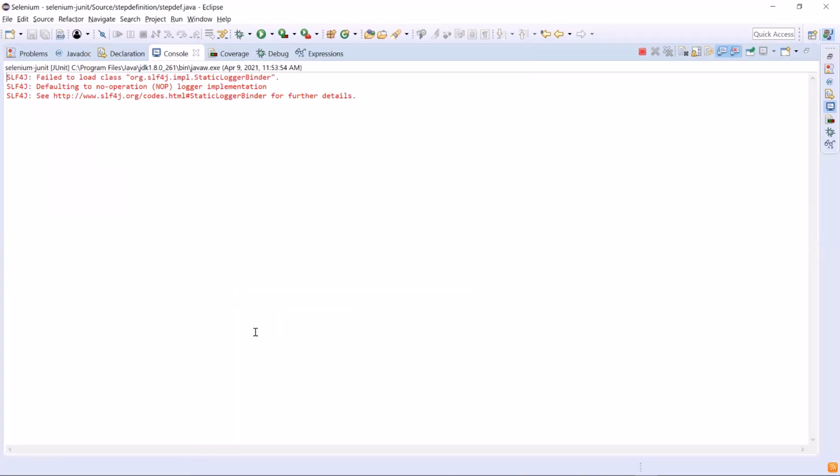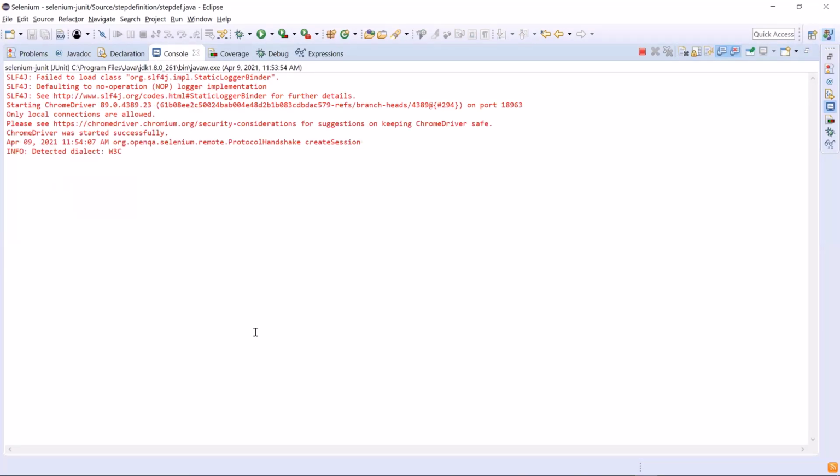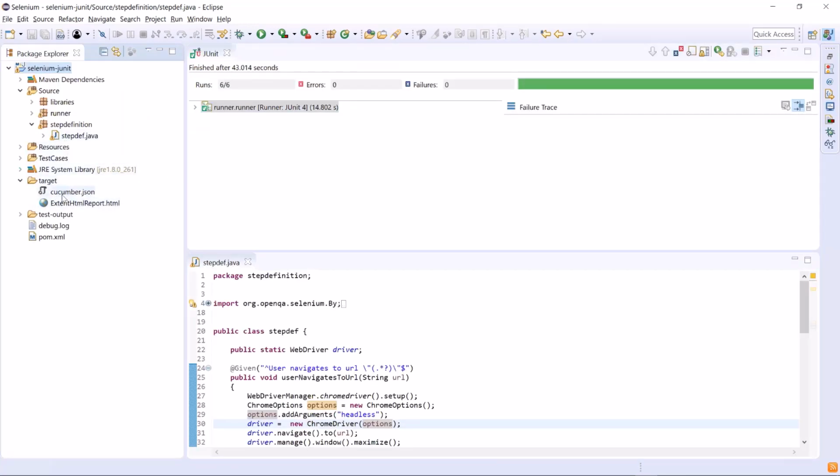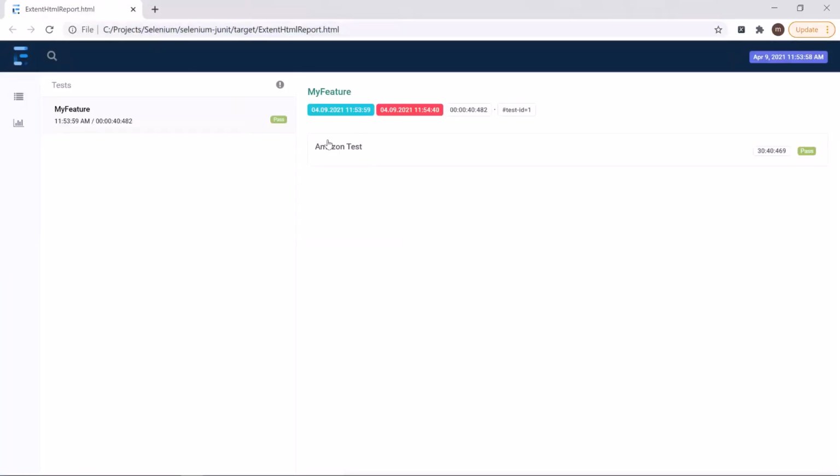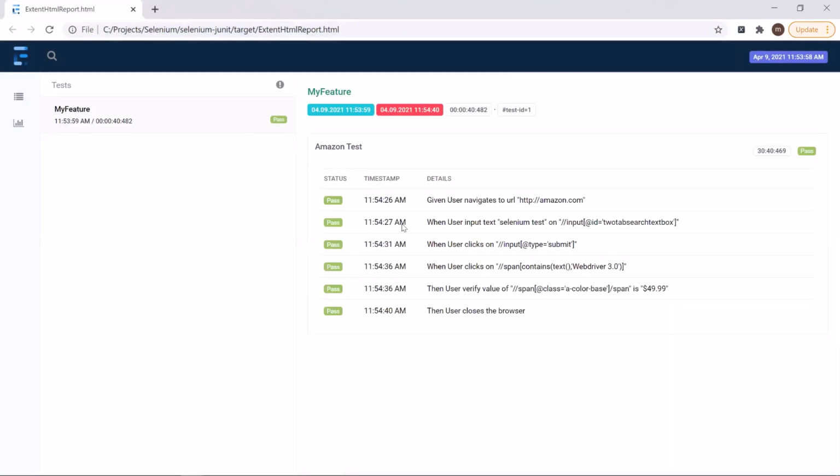Here you can see that the execution has started, but we don't see any Chrome instance getting invoked. The execution is done. Now, if I close this and open the execution report, you can see the execution logs.